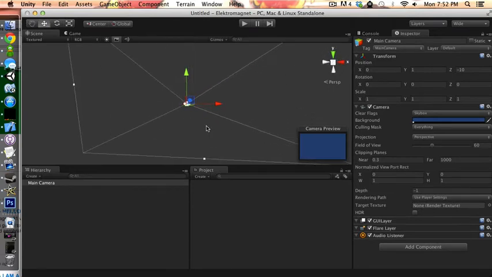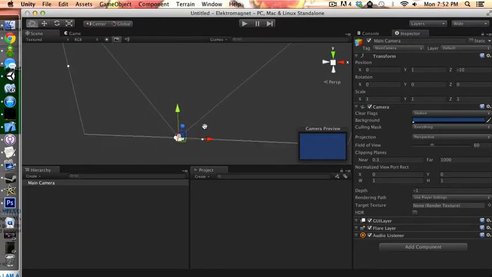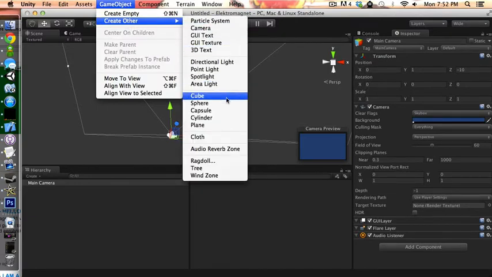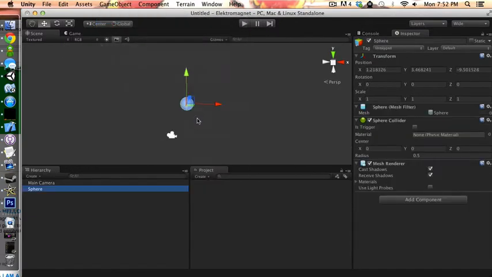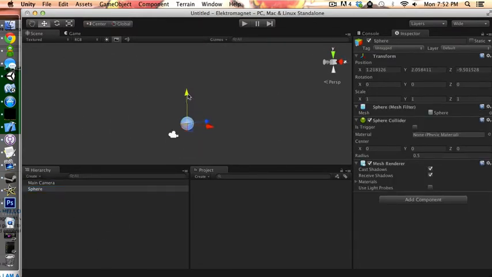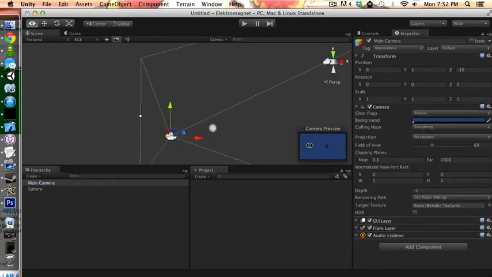So first things first, we have to make stuff. So let's just kind of chart out what we're doing here. I like to have some visuals to look at. So what I'm going to do is I'm just going to make some spheres. So there's a sphere. It's currently not even within the camera's area, so let's pull it out like that. There we go. You can see the sphere on the camera there.